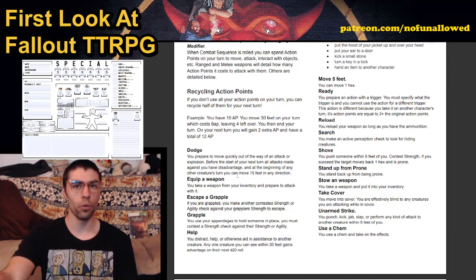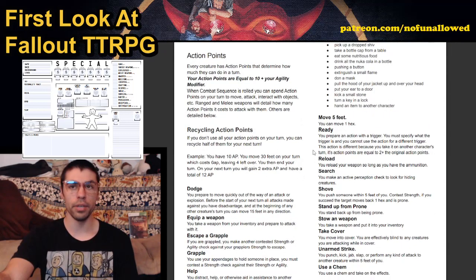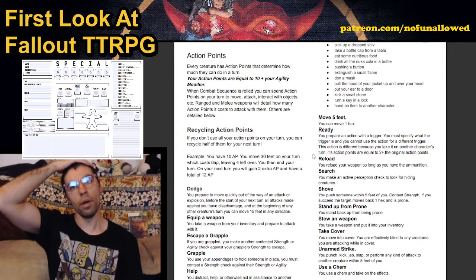Dodge, you prepare to move quickly. Before the start of your next turn, all attacks made against you have disadvantage. And at the beginning of any other creature's turn, you can move 15 feet in any direction. You can equip a weapon, escape a grapple, help somebody, hide, move 5 feet. You can move 1 hex per...